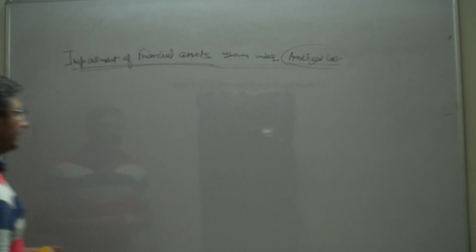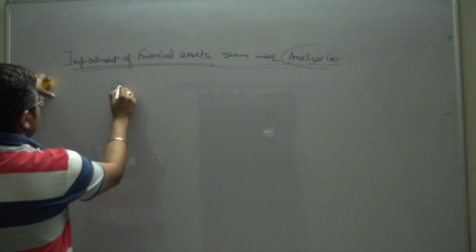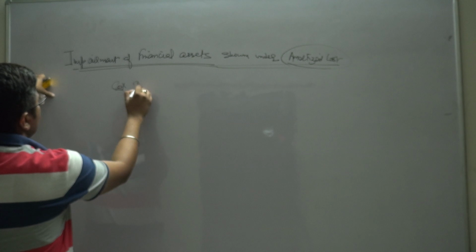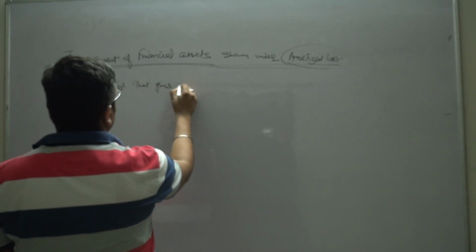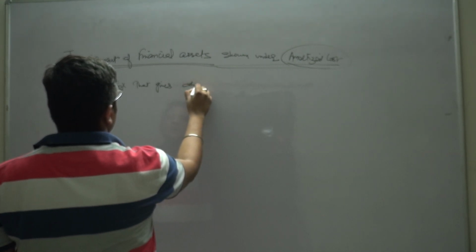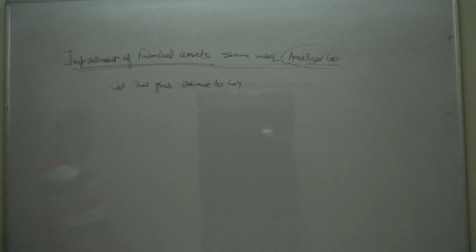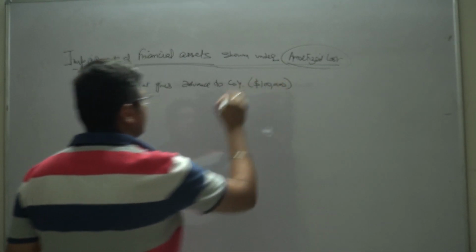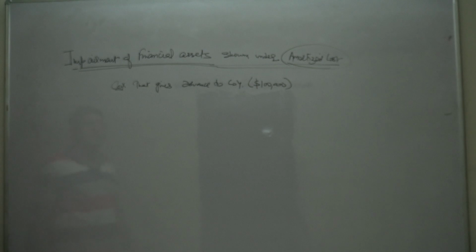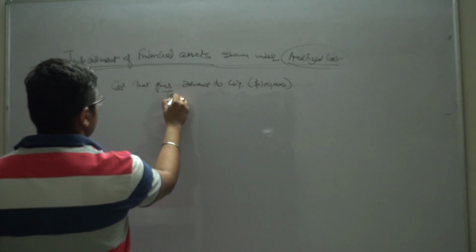So what we are saying here is, let's talk about an instance. There is a company X that gives, let's say, an advance to company Y. Okay, so we have company X that gives an advance to company Y. Let us say this is $100,000. Okay, the term of this loan is, let's say, the tenure is